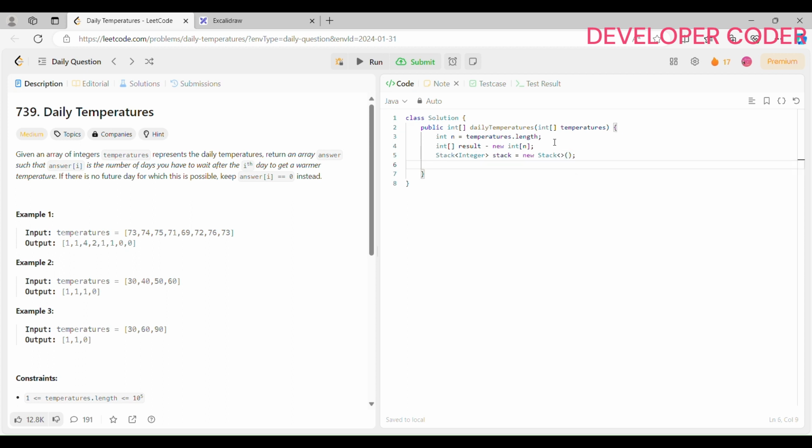Here I am using the stack, and after that I am going to run one loop, for int i equal to 0, and it is going to run for all n elements of my temperatures array, i plus plus. Inside this I am going to use one while loop, and in this while loop I am going to check if my stack is not empty,